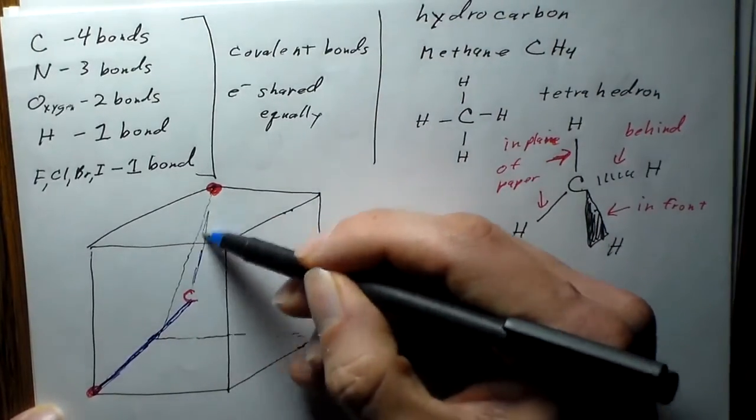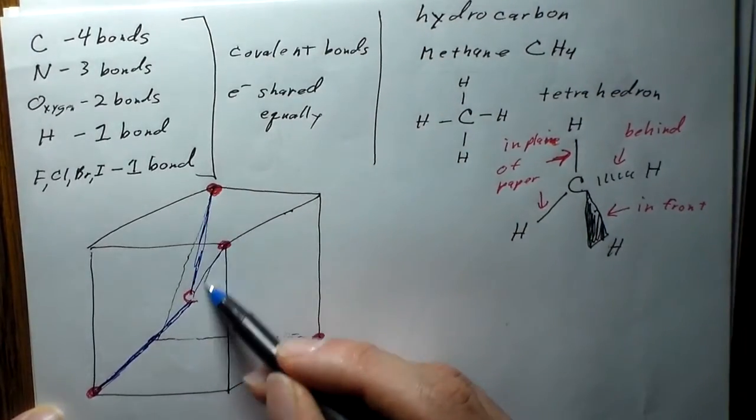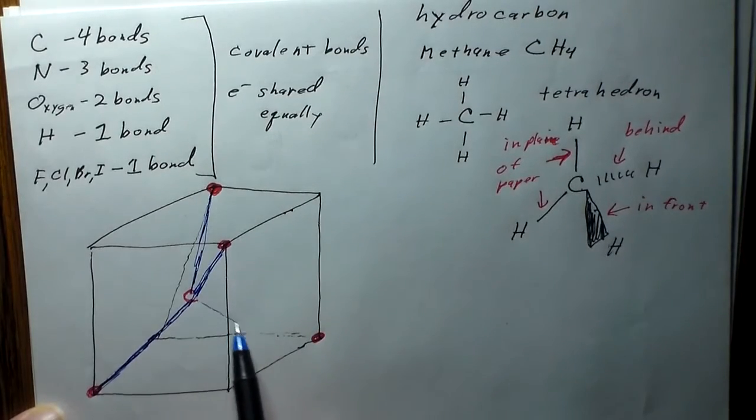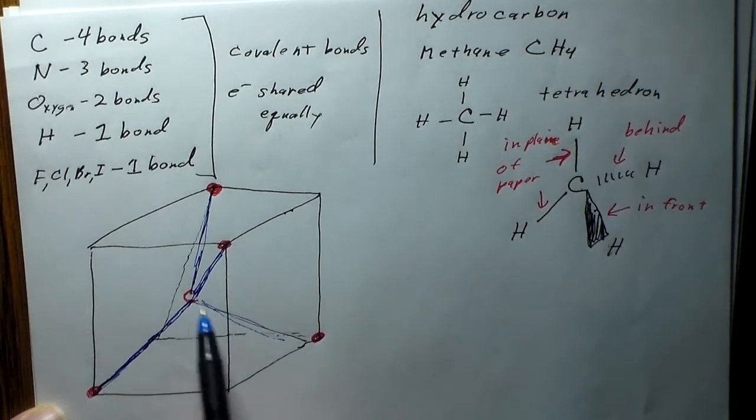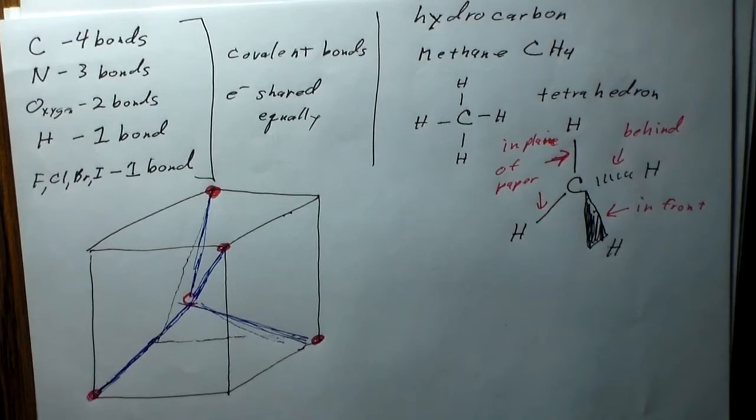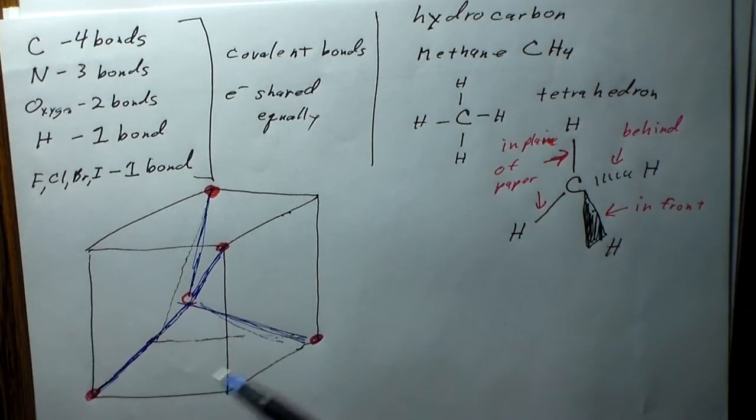There's going to be this one attaching to the carbon up here, the one that's attaching to the carbon over here, and then the one which is coming out this way over here. Okay, so that's what's going on with this. Now we can actually use this to figure out what the bond angle is, because it's just a little simple matter of